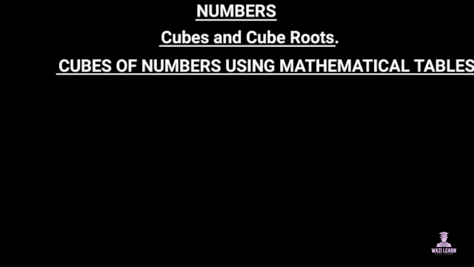Here we'll be looking at cubes of numbers using mathematical tables, and we'll start by finding the cubes of numbers between 0 and 10. So let's start by using the mathematical table to find the cube of 5. This is the same as finding the cube of 5.0. So the first two significant figures, when you look at the mathematical table on cubes,